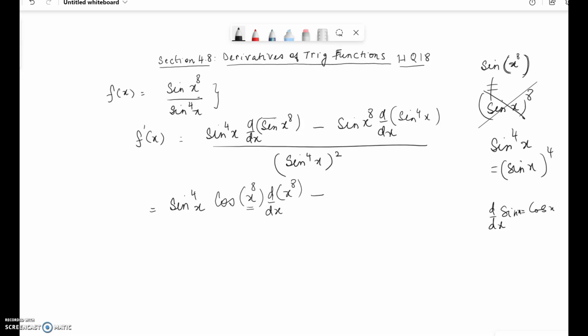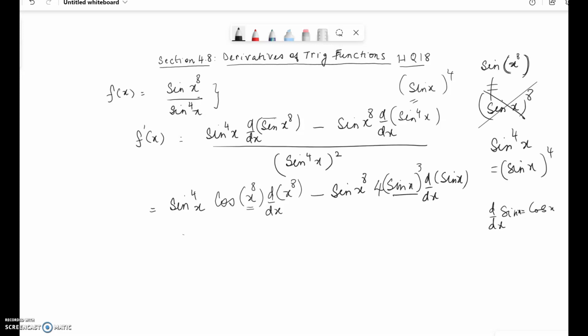So we are using the chain rule. And then we have sine x to the 8th, and this is the same as sine of x to the 4th power. So that is 4 sine of x to the 3rd power times the derivative of the inner function,